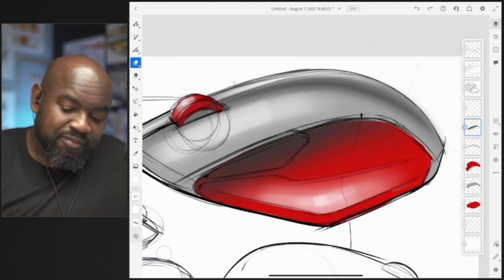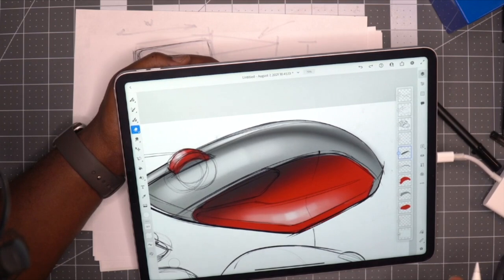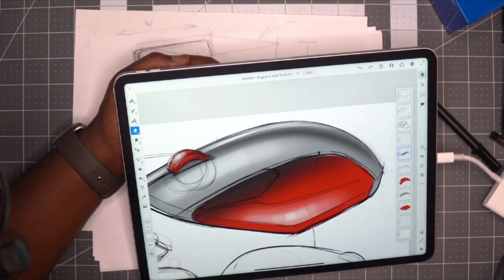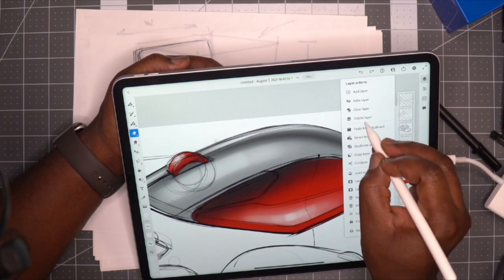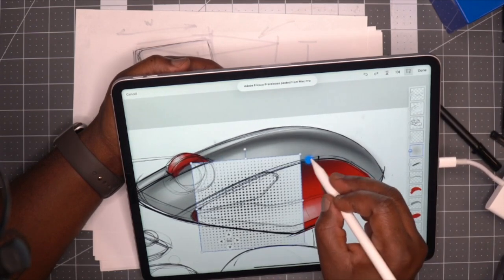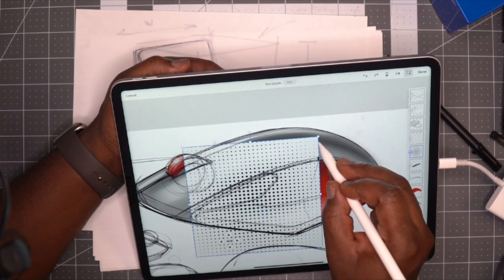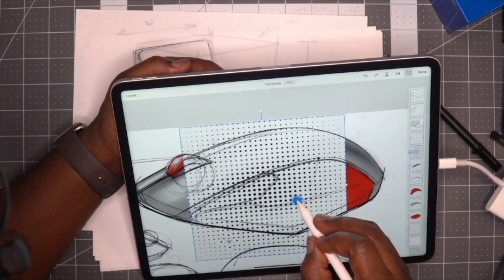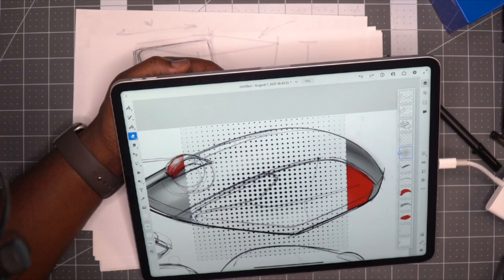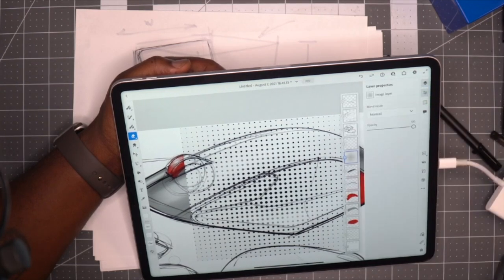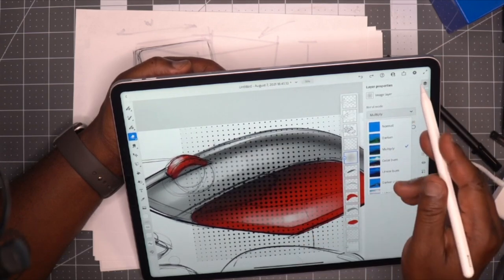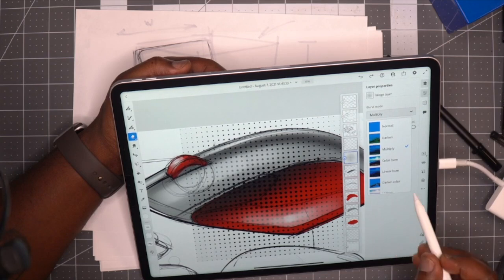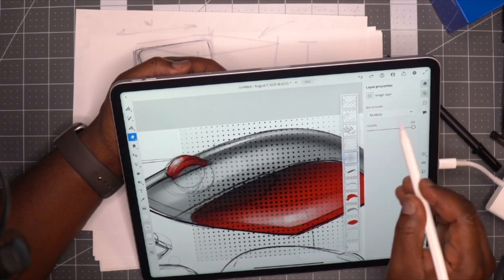All right. So let's say I want to add some quick texture to this sketch. I have an image that I copied and I'm going to paste it here to use as a texture. So tap on a layer, hit paste from clipboard, and now I have this dot pattern image. And I'm going to scale this up to about this big, hit done. And if I go into my layer options here and change my blend mode to multiply, I now have dots